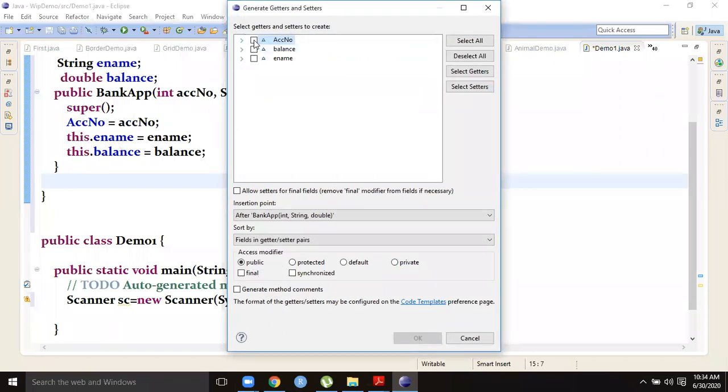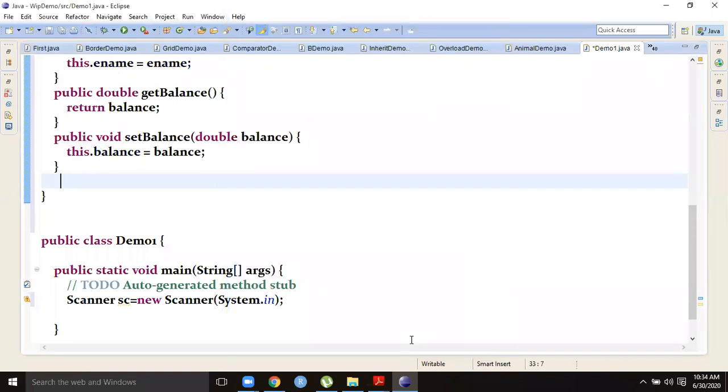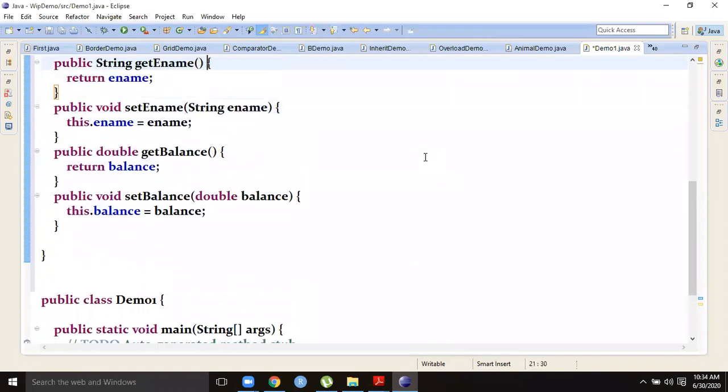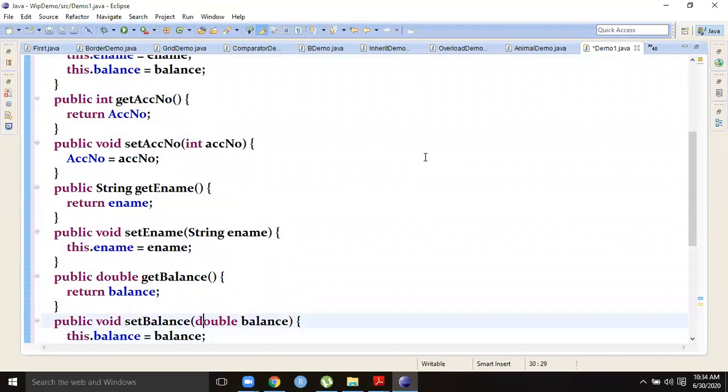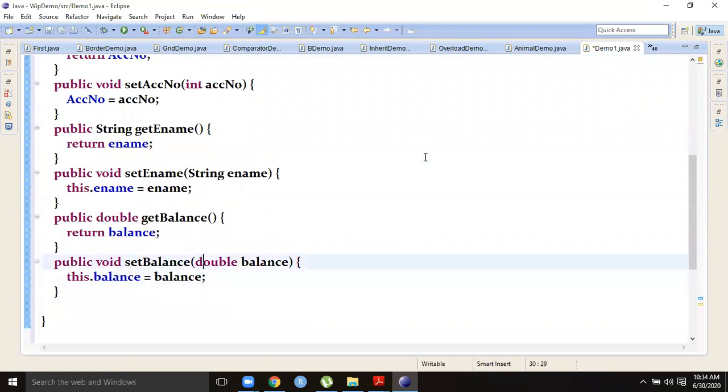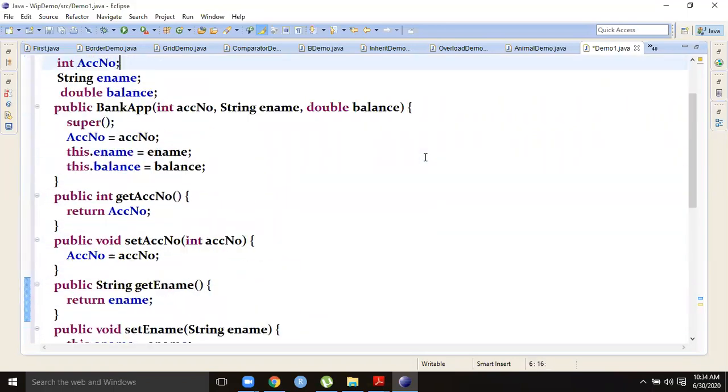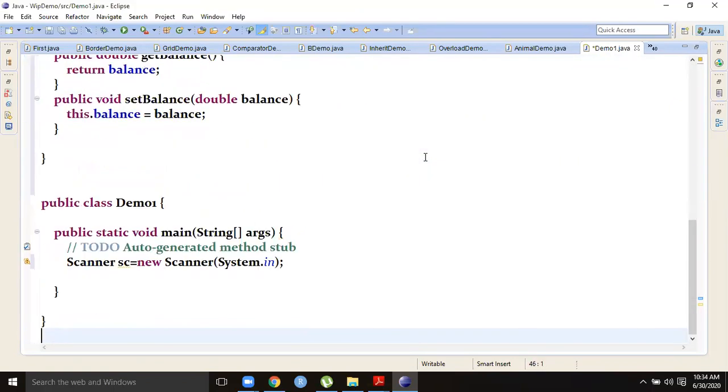Getters and setters for what? Account number, balance, ename. Now the methods get account number, set account number, get balance, set balance are created automatically. You see, these methods are not typed by me. They are automatically generated whenever I choose that option. So this is how it minimizes your burden.